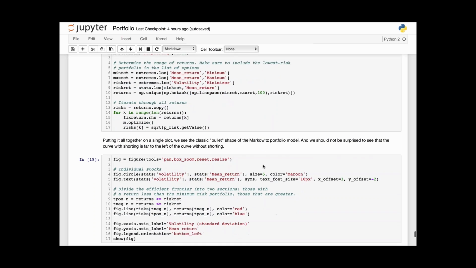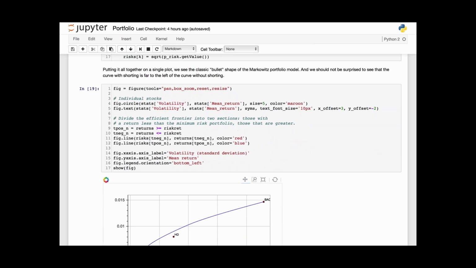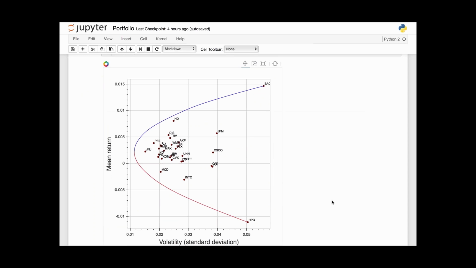And then when we plot these results using Bokeh once again, I'm applying a couple of tricks here so that I can differentiate between returns that are better than the minimum risk value and returns that are worse than the minimum risk value. I get what we call the bullet. This is a common feature of any Markowitz portfolio trade-off, this bullet shape, where the worst performing stock, Hewlett-Packard, is at one end of the bullet, and the best performing stock, Bank of America, is at the other end